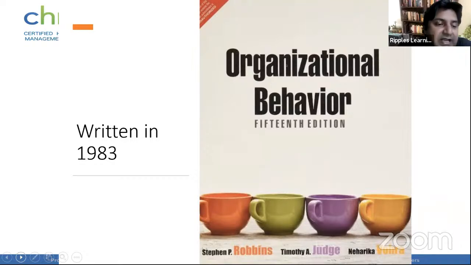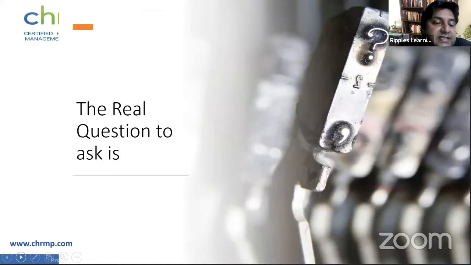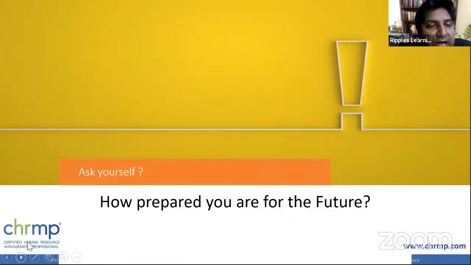And what you need is research methodology based continuous learning. That is something that we need. Because the real question to ask right now, all of you need to ask this question. Very important question to ask, right? And you're here for learning. That's why you nominated. That's how you found time. That's why you're here. That's why you're listening. The real question to ask is, how prepared are you for the future?